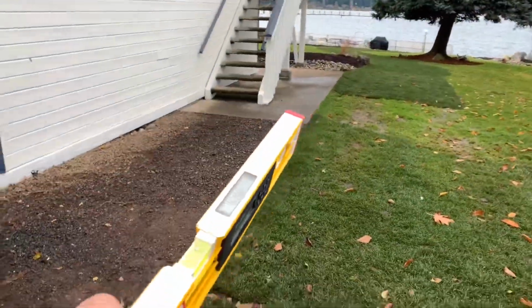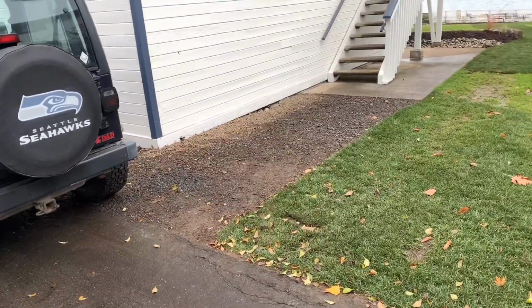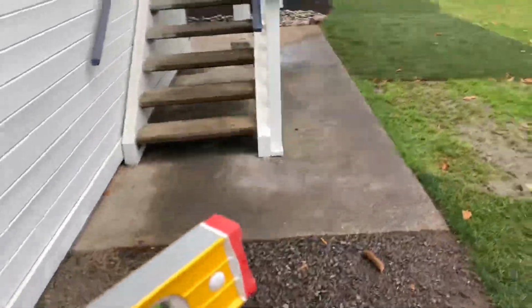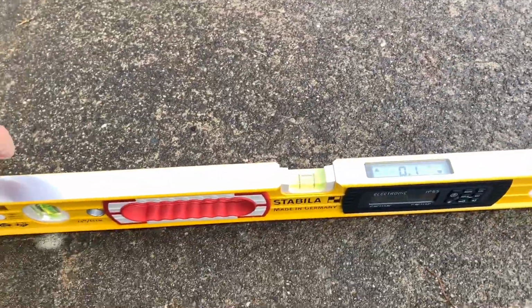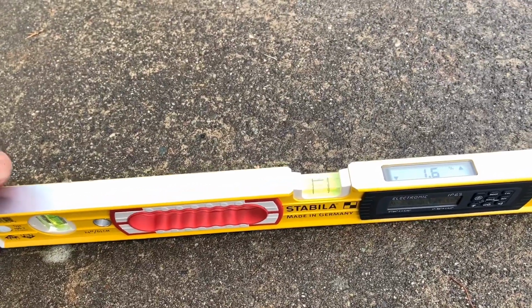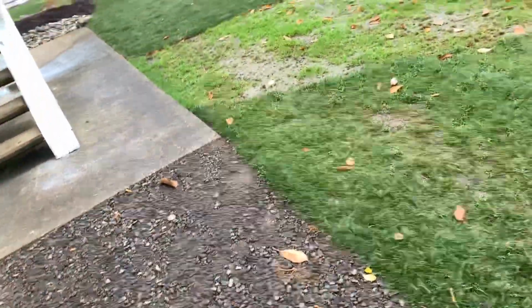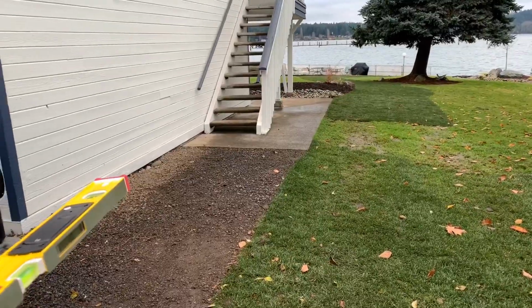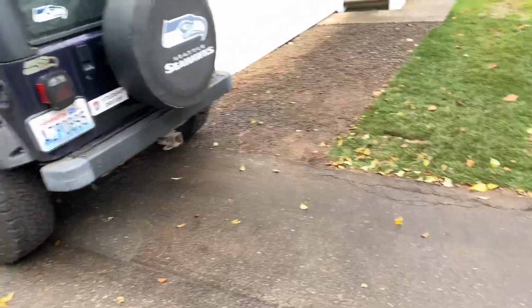Broom finish, this right here is a 4-inch pad that we need to dig out the dirt and put in 4 inches. Right now it currently sits at a slope that is at 0.1%, so it's very close, but it is sloping towards the building. It's already doing that, so I don't think there's much we can do in regards to that. We can try to tie in to that existing, and as much as possible try to get the water to go away from the building as we bring it out to the